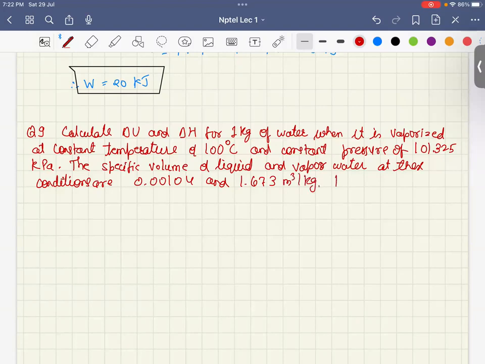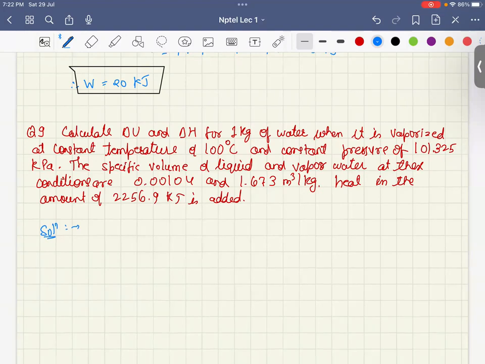And heat in the amount of 2256.9 kilojoules is added. It's a similar question. So we clearly know that